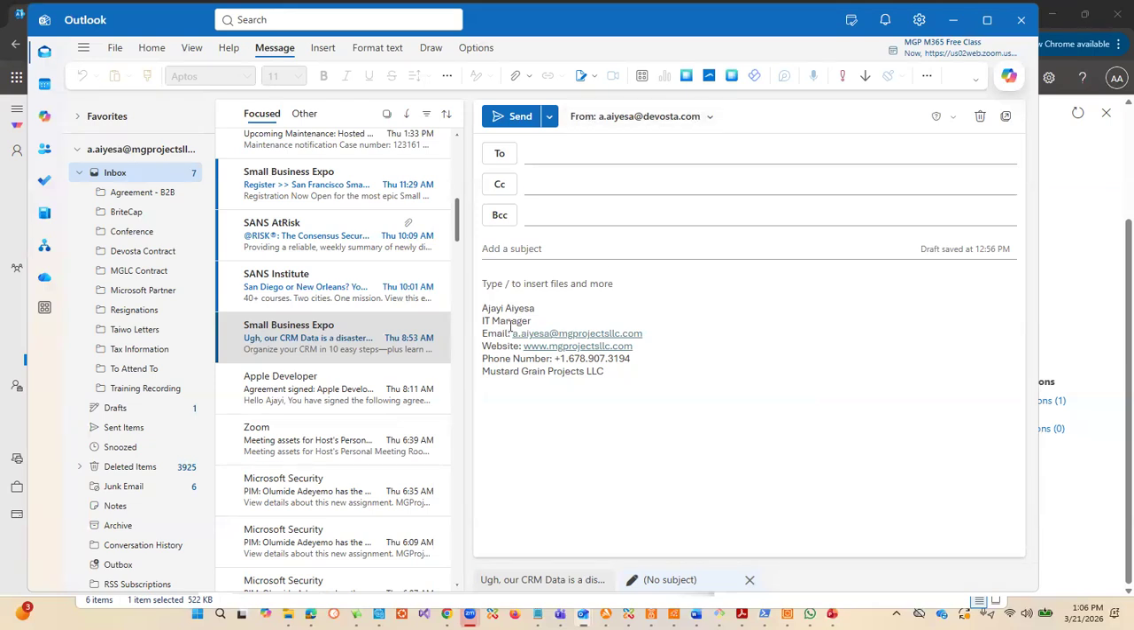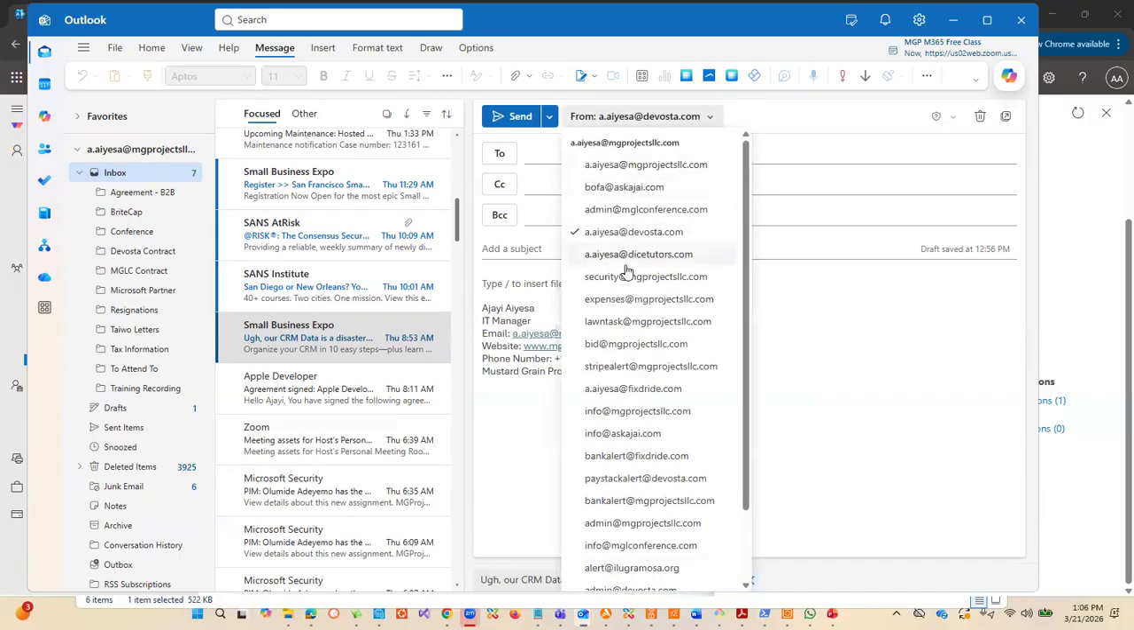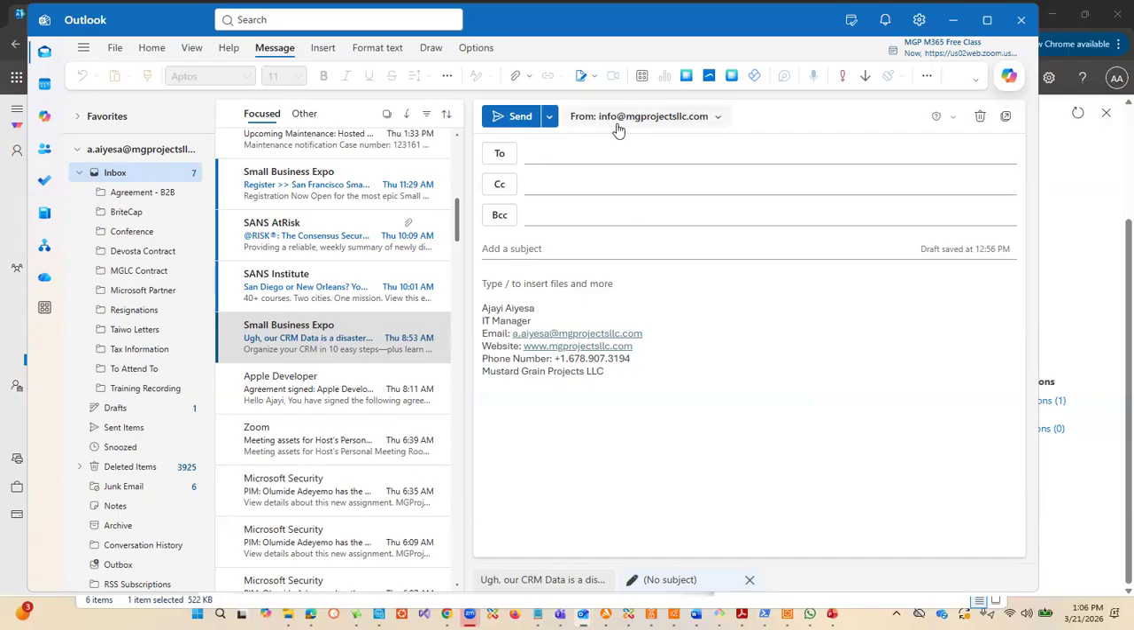whoever is seeing it will see that it's coming from here, even though this is not my main email. So again, if I decide to use info at something, let's say info at MGP, for instance, it will be showing the name of this mailbox. My own account email is this one, but it's showing that I'm sending from here. Does that make sense? So you need to have that concept,